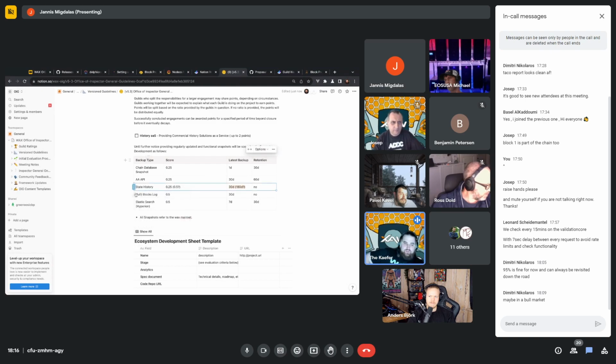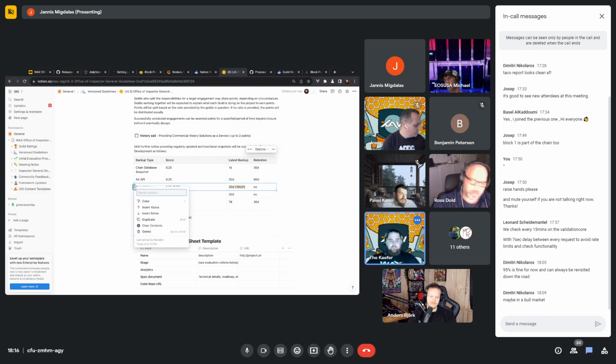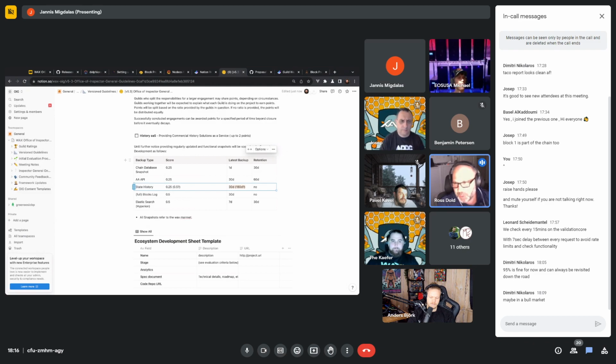But yeah, back to the question here. We need to find a middle ground. That's essentially what we're trying to achieve. So I was thinking about something today, because you can actually configure the later versions of Node.js to do the blocks log and state history in these strides. They call them strides. I haven't actually done it yet, Michael. I don't know if you've been fiddling with it, but is it possible to have a stride every million blocks or something? It is actually.